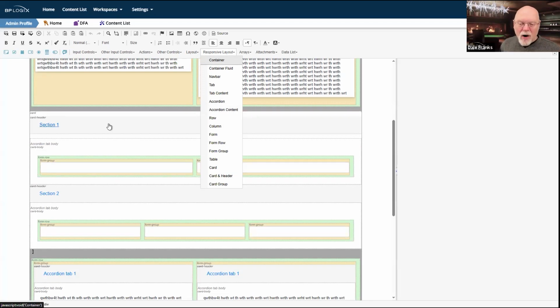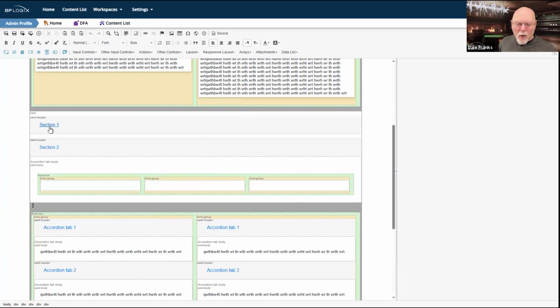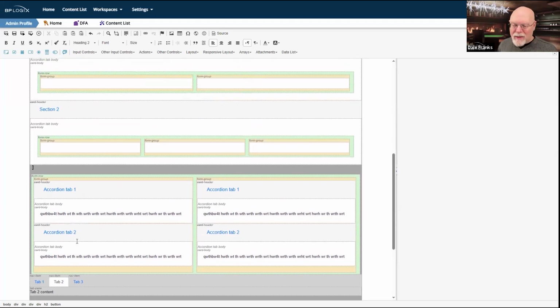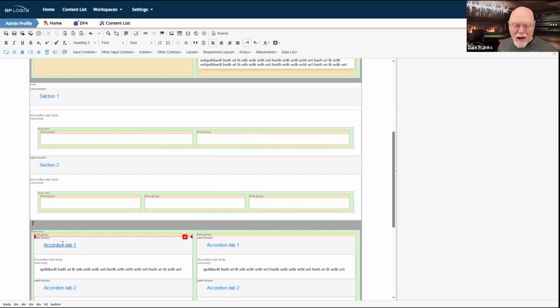So this is the card header. Well, this is actually the accordion control here. So I guess I was wrong. There's accordion, and then you have the accordion content. So what I've done is I've thrown a card control on, and then thrown in an accordion. Or is that what I've done? Now I've forgotten how I set this up exactly and what control this was. I believe this is the accordion. There's the accordion and the accordion tab.